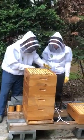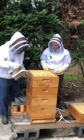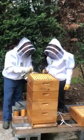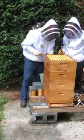Okay, so we brush off our little friends that didn't make it. Remember, this is your funeral procession. You can play taps if you want. So remember, the bees will start from the outside and work their way in. And this is the one, so we're probably going to try to pull,